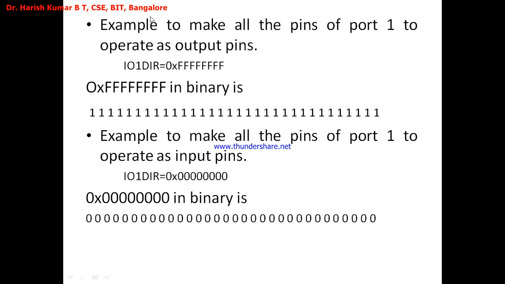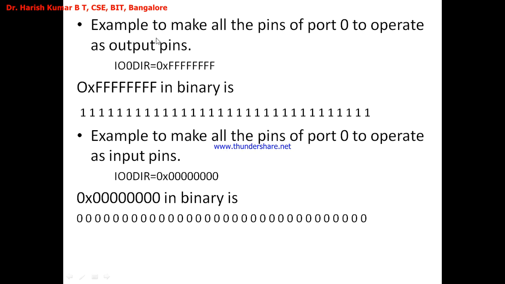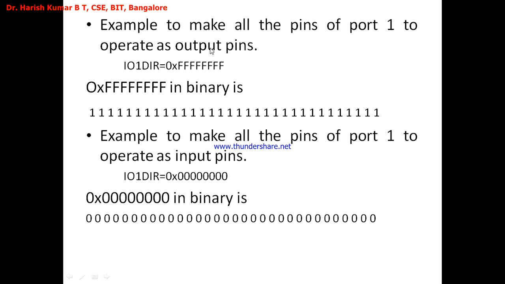Next I have the example of how to make all the pins of port 1 operate as output pins. In the previous example we understood port 0, and now similarly with respect to port 1, since I'm saying make all the pins of port 1 operate as output pins, I have to use the register IO1DIR equal to, and the value remains the same, this is how it is. And similarly how to make all the